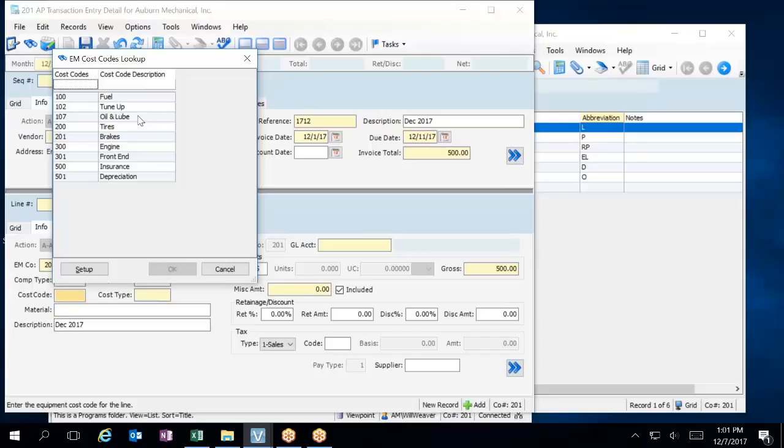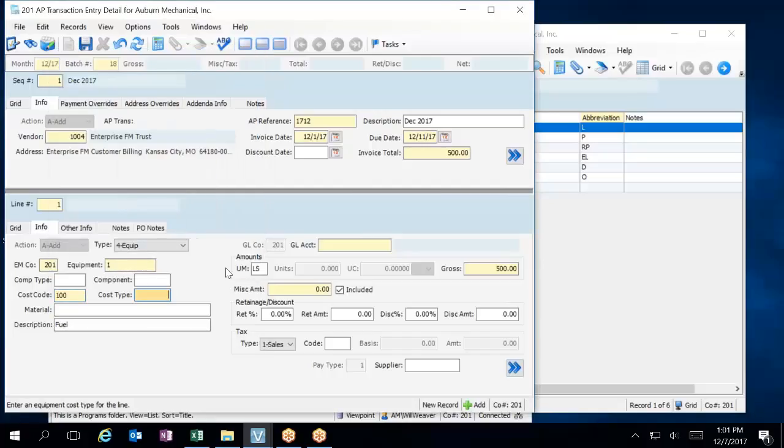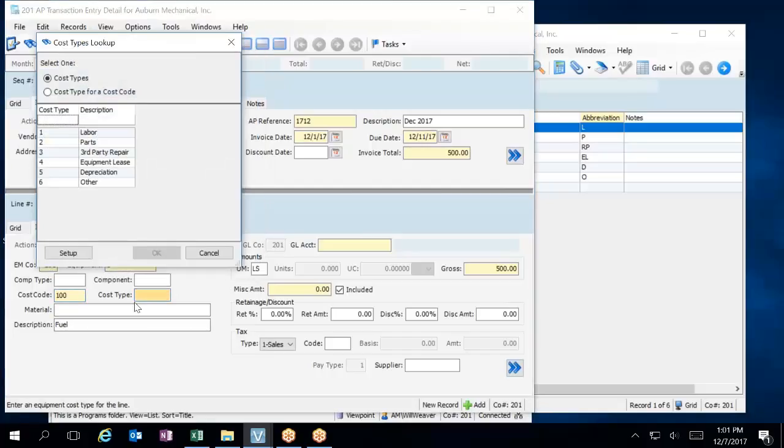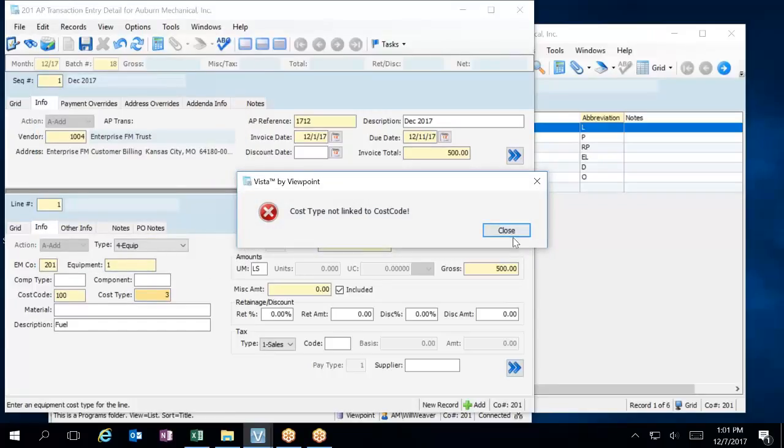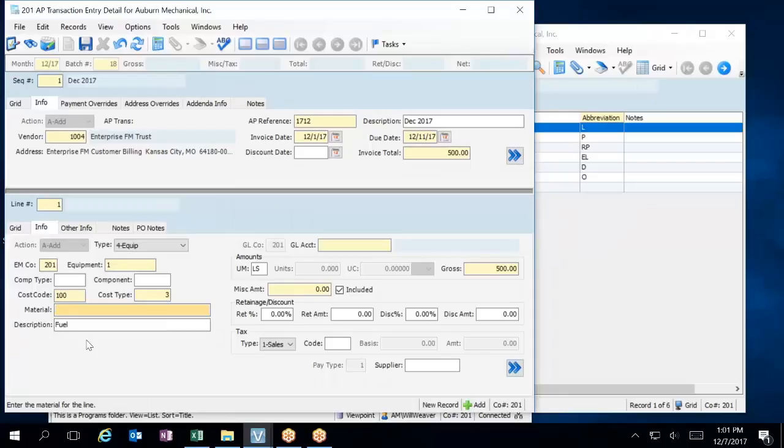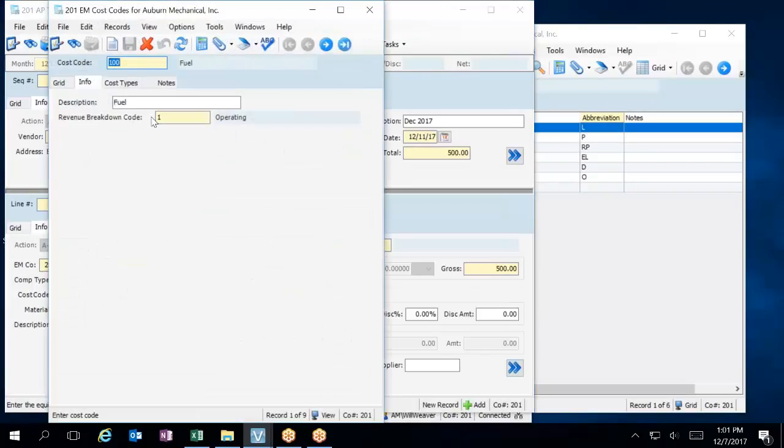So let's grab fuel right there, but pretend that it is going to be repairs and maintenance, because we're going to rename that shortly. It's a list of things at the level you need to track it. Now it's third-party repairs. So what's going to happen here is click into cost code, hit F5. This is what we're going to do. We're going to go in and rename that description, repairs and maintenance,